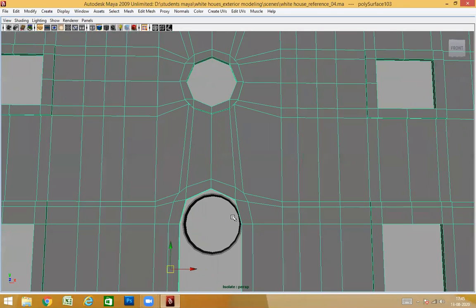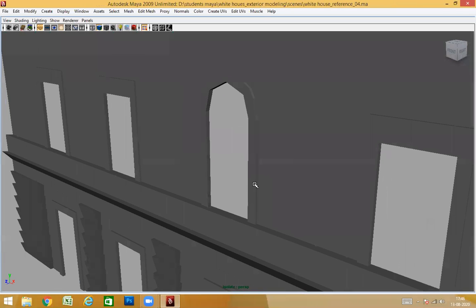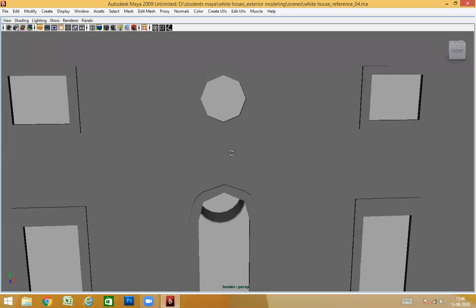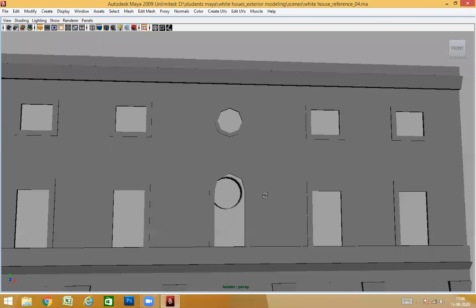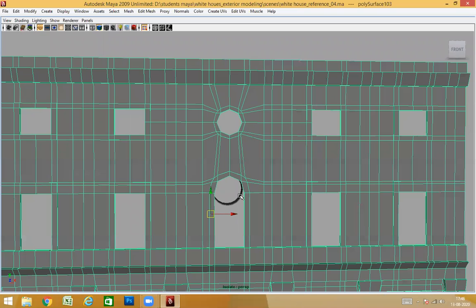There is no need of worrying about the mesh how it's going until and unless there is a triangle, there is no problem at all, right? So press 3 and just check. Yeah, we got that shape what we wanted, and now press 1